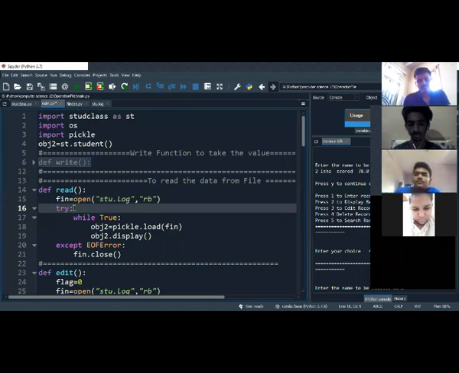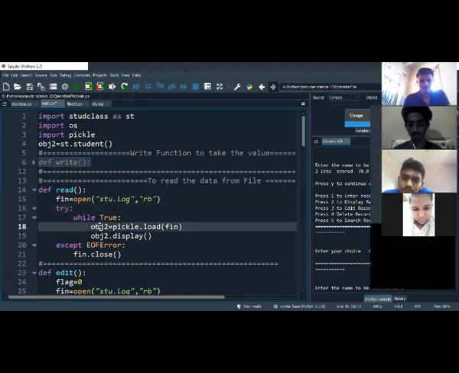If a value persists in that file, it will keep on reading it. If the value is not there, it will go to except and close my file. So here in Pickle, I use object2. Remember object2? I created it at the top, the object of that class. It will be loading object by object from the file.